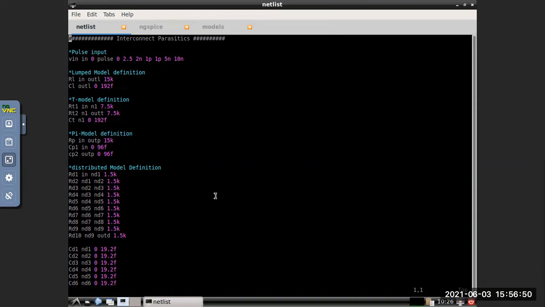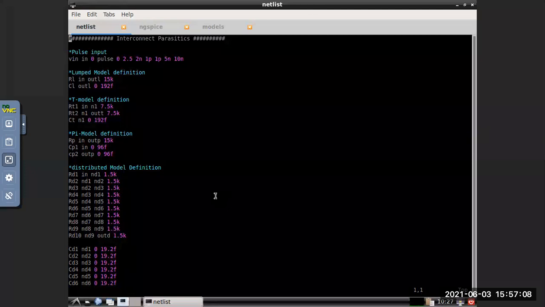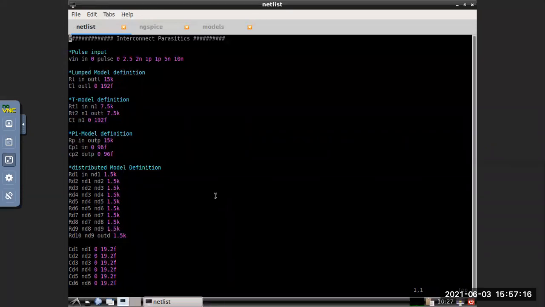The pulse input. Pulse input. That is a 10 nanosecond, right? 10 nano, yes. 0, 2.5 voltage. The delay is 2 nanosecond. 1 pico, then 5 nano, 10 nano.